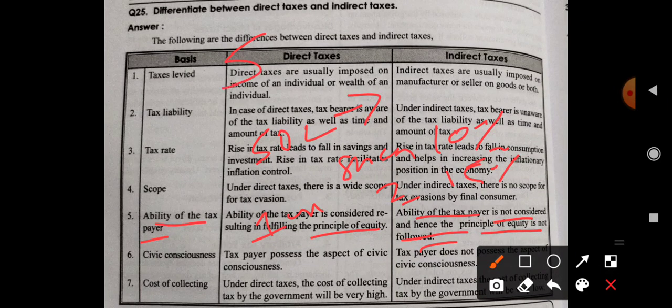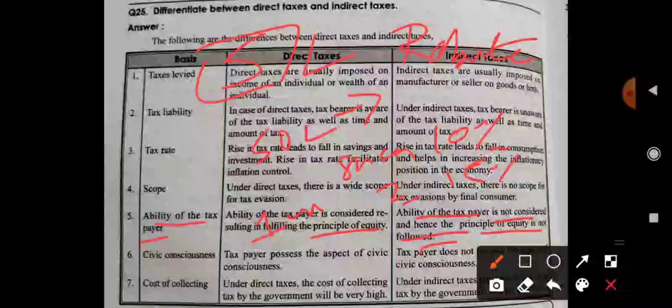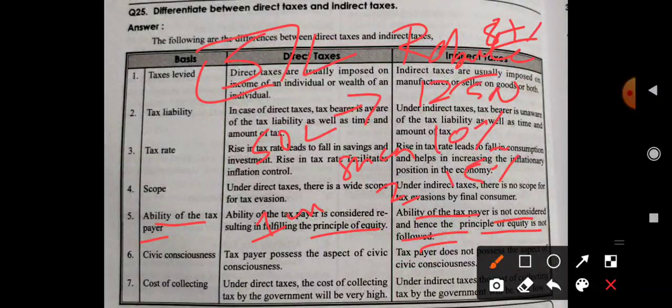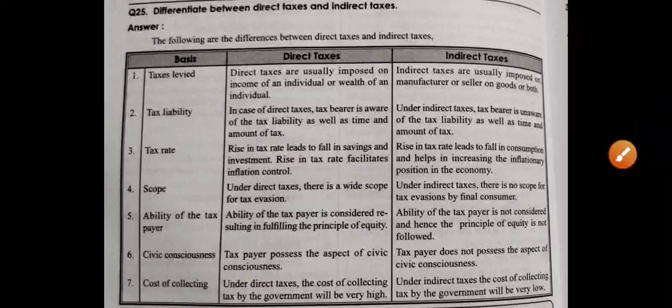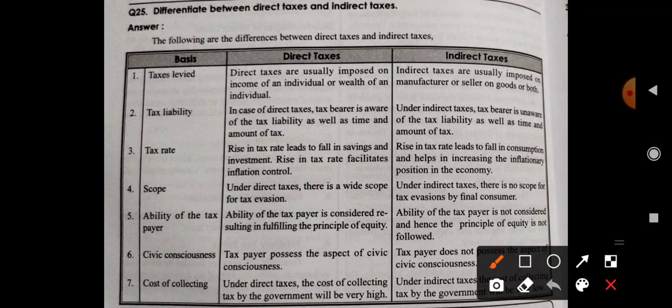And if your total income is less than 5 lakhs, you will get rebate. So whatever tax amount is there, that will get deducted, up to 12,500 rupees rebate under section 87A is applicable. So ability of taxpayer is considered in direct taxes, whereas in case of indirect taxes, whether a